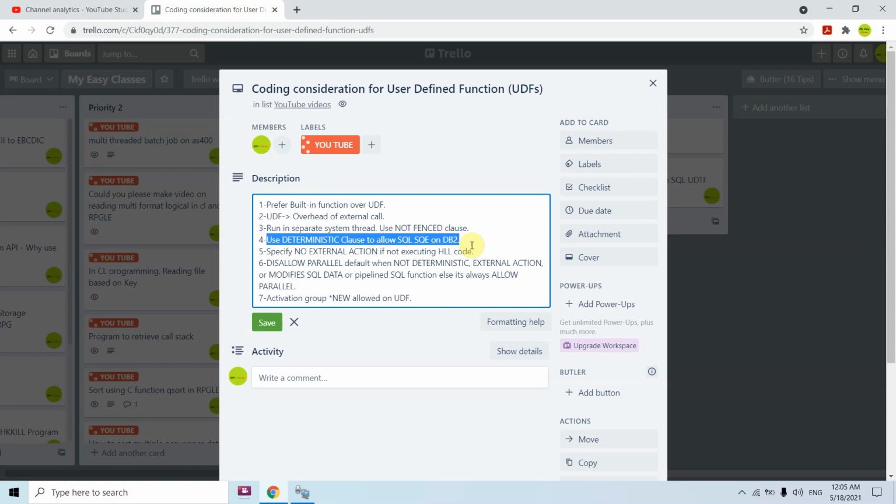For example, if I am writing a function and I am not using these properties, it would impact the performance of my function. That's why we must take care of performance in SQL. These are the points one must consider while coding a user defined function.